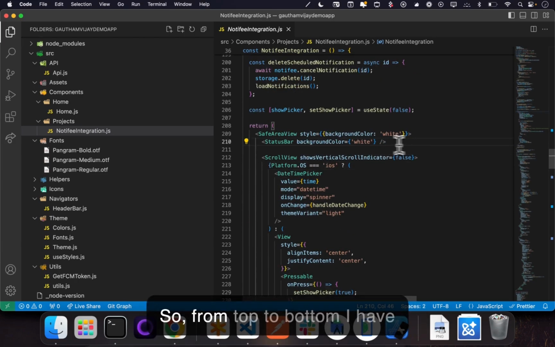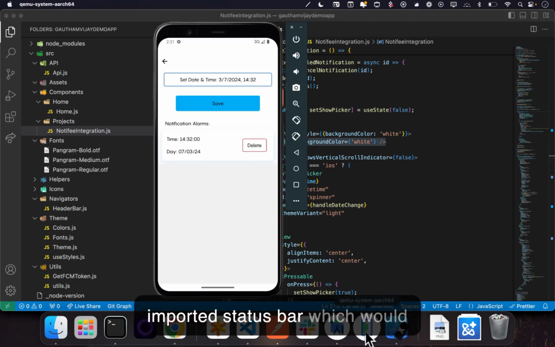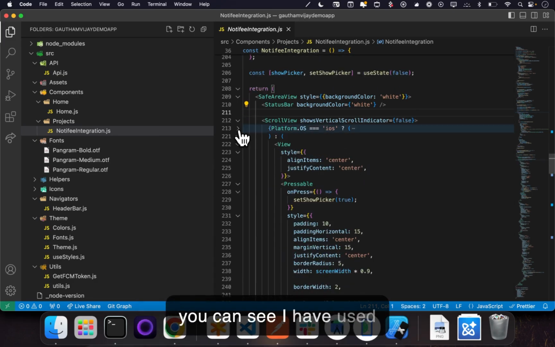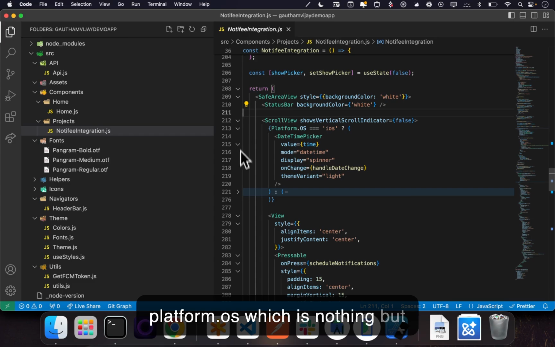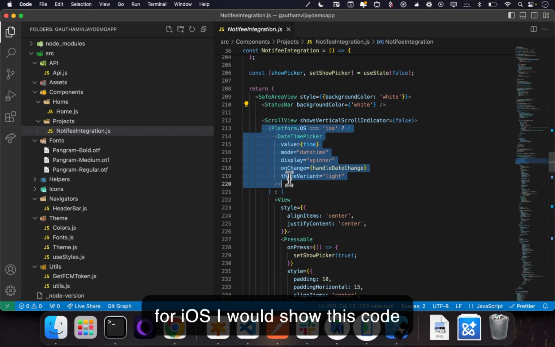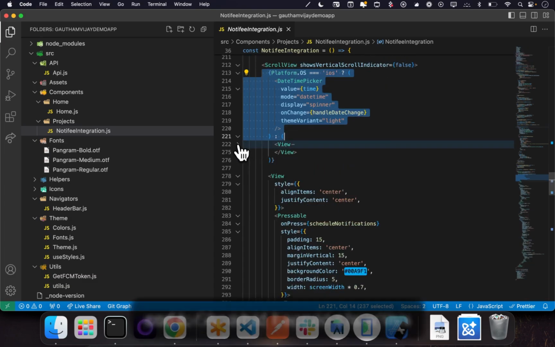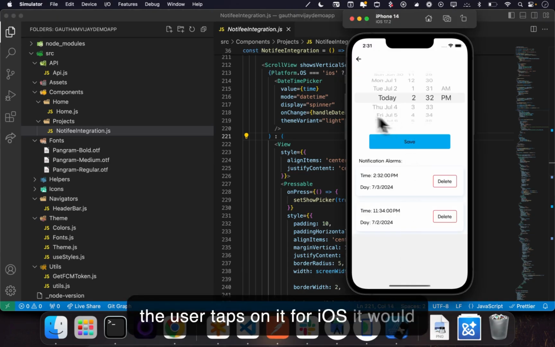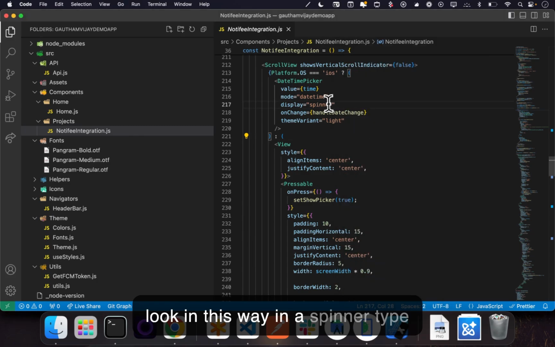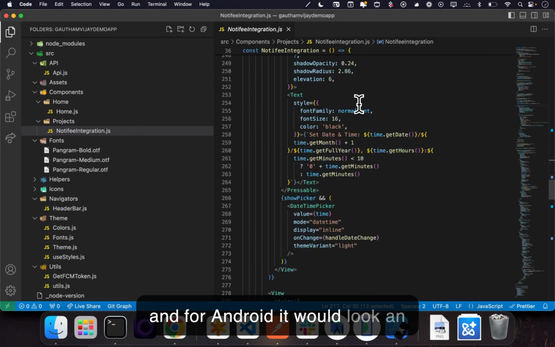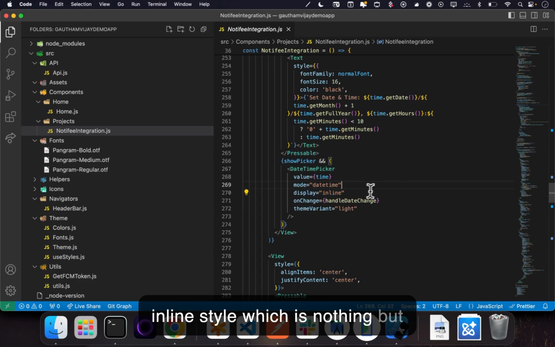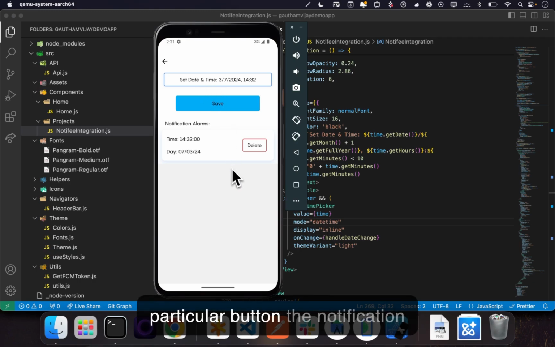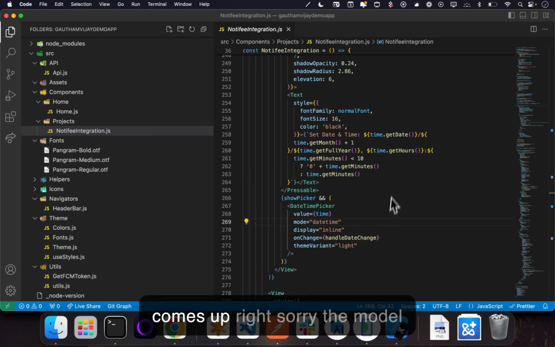From the top to the bottom, I have imported StatusBar, which would change the status bar's color to white. If I scroll down, you can see I have used Platform.OS, which is nothing but for iOS I would show this code, and for Android I would show this code. When the user taps on it, for iOS it would look this way in a spinner type, and for Android it would look in an inline style, which is nothing but when the user taps on this particular button, the